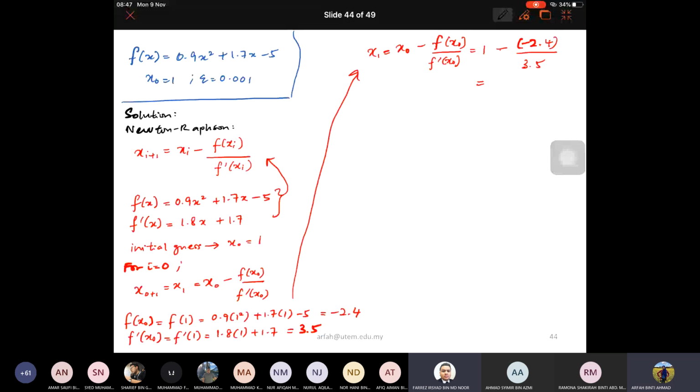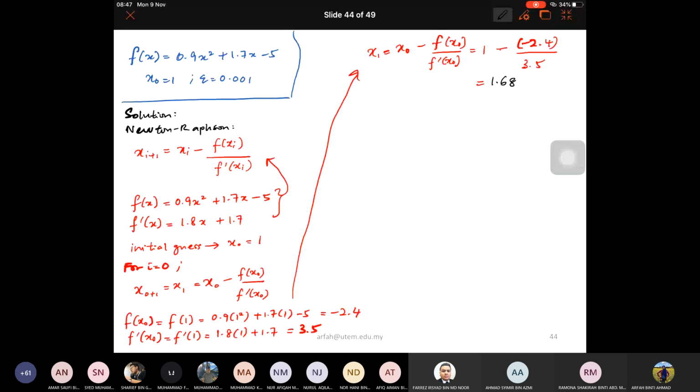You take up until 4 decimal place. 1.6857. Then calculate